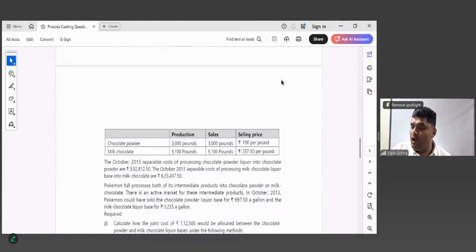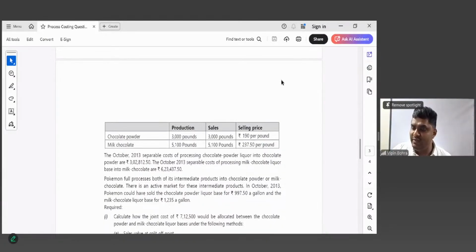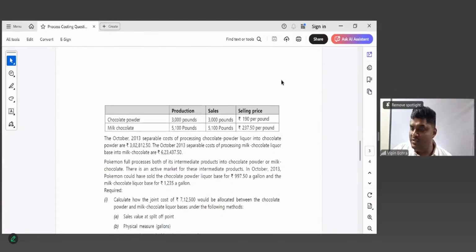The October 2013 separable cost of processing chocolate powder liquor base into chocolate powder, and milk chocolate liquor base into milk chocolate, is given. So further processing cost is given. Pokemon fully processes both of its intermediate products into chocolate powder or milk chocolate. However, there is an active market of intermediate products